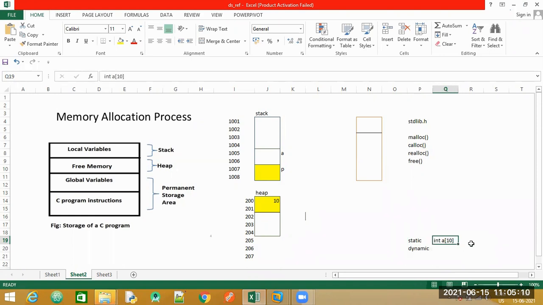So in this statement, you can see that the name of the array is a, it is of type integer, and the size I have said as 10. So altogether, it is going to take up 20 bytes: 10 elements, 10 into 2 bytes of integer each, which will make it 20 blocks.